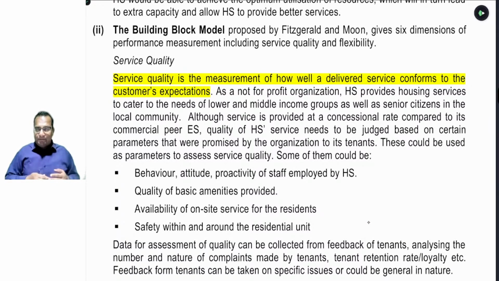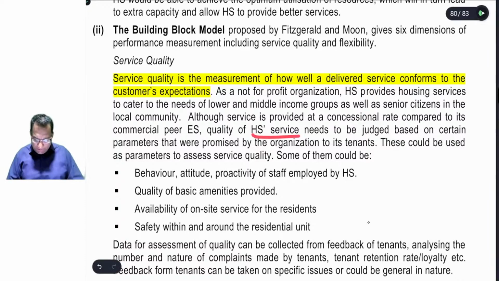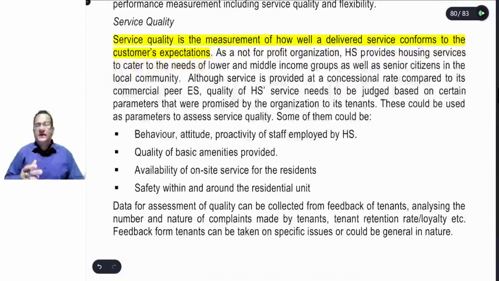हमारा जो रेंट है वो कंपैरेटिवली कम है एज कंपेयर टू अवर पीयर कॉम्पिटिटर, यहां पे हम बोल देंगे, है ना? अब यहां पे हम चेक करेंगे सर्विस क्वालिटी को अलग अलग पैमाने पर. जो भी हमारा स्टाफ है उनका बिहेवियर कैसा है, एटीट्यूड कैसा है हमारे ओन गेस्ट के साथ, क्या हम उन्हें बेसिक एमिनिटीज की क्वालिटी प्रोवाइड कर पा रहे हैं या नहीं कर पा रहे, वेदर अवेलेबिलिटी ऑफ ऑन साइट सर्विस